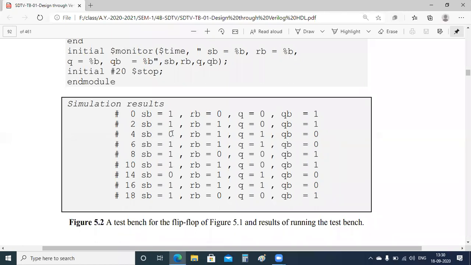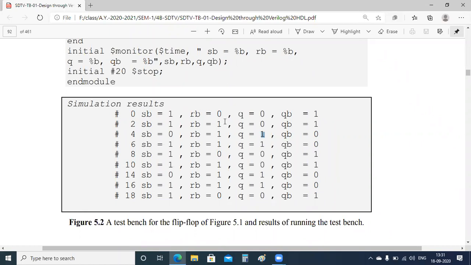Next we will make set as 0 and reset as 1. So automatically we have Q as 1 and QB as 0. We write these programs as per our requirement, right?